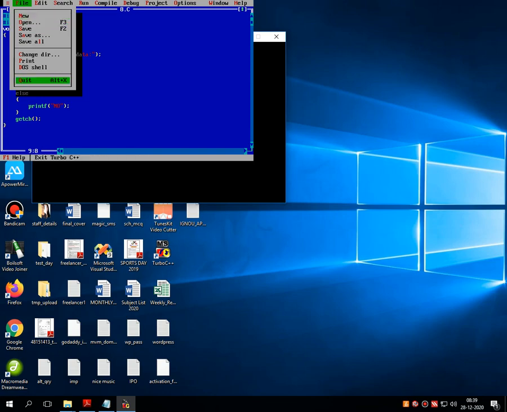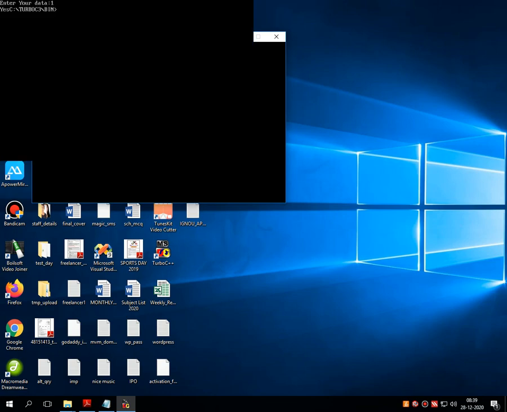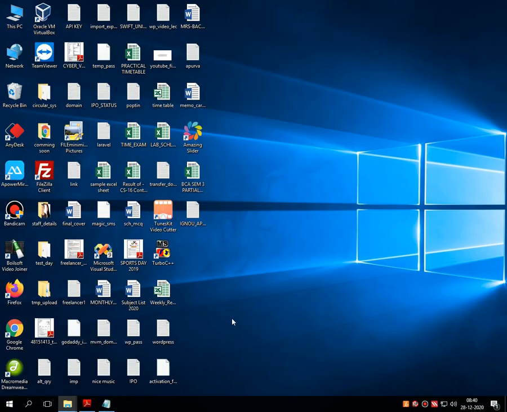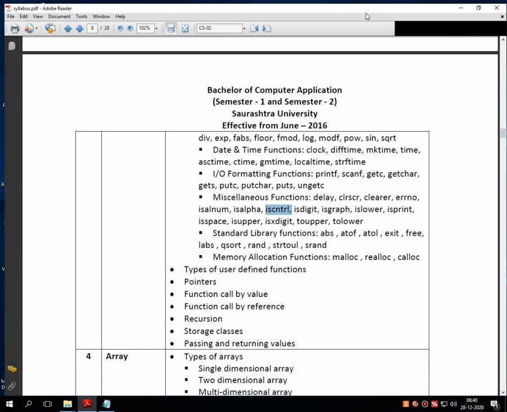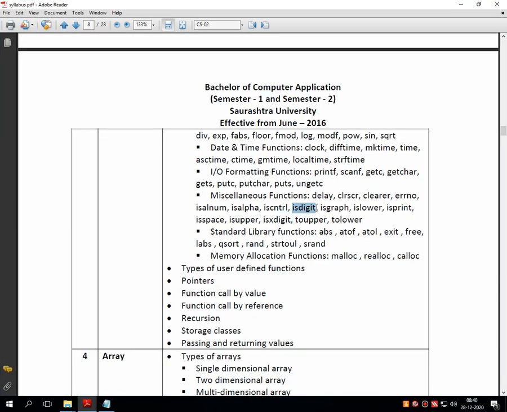Now let's go ahead with another function. I'm not showing you this in Notepad because by simply changing the function name, the entire program executes. Next one is isdigit. Now isalnum will check for the alphanumeric value, then isdigit obviously will check whether the inputted data is a digit or not.